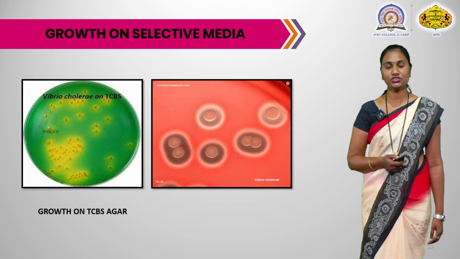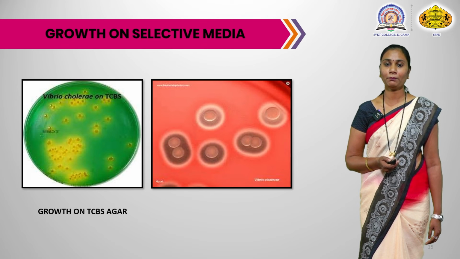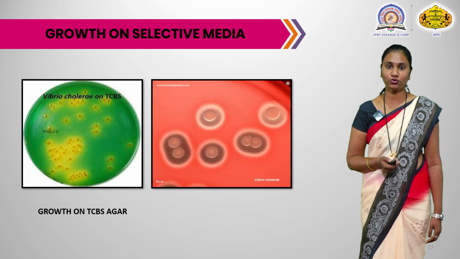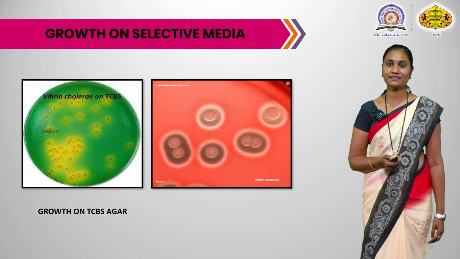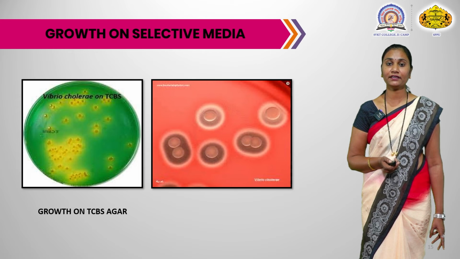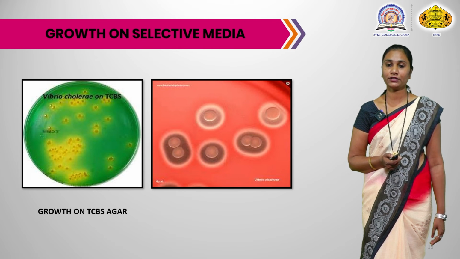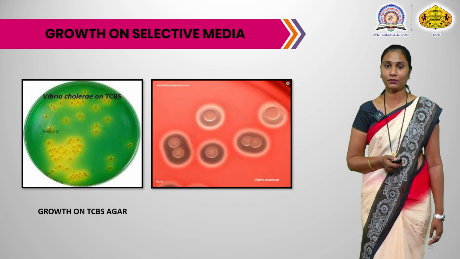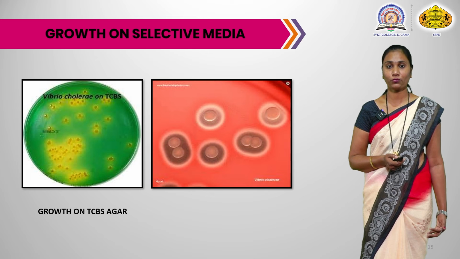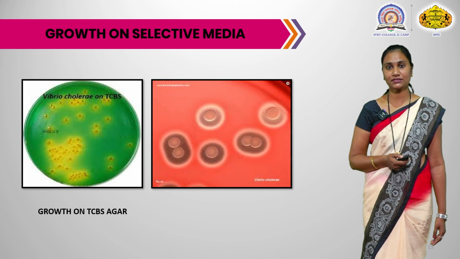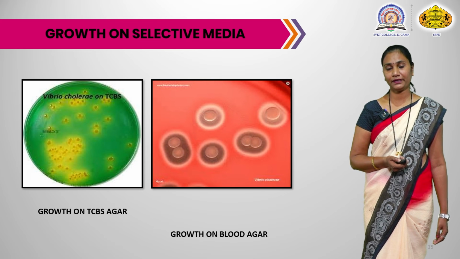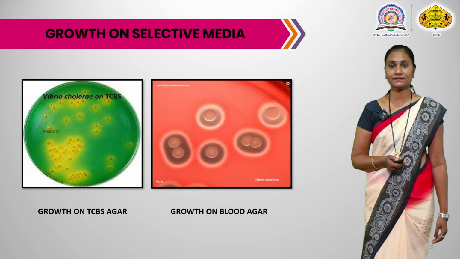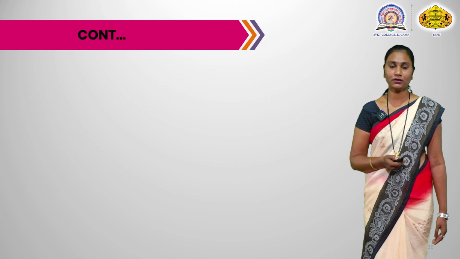Similarly, this next image is the image of Vibrio on blood agar. You can see there are two zones of hemolysis. The first one is the blue zone which is followed by a clear zone. So the blue zone is of your alpha hemolysis and the clear zone indicates the beta hemolysis. So there is a typical hemolysis which is carried out by this organism on blood agar. Even this plays an important role as far as diagnosis of this organism is concerned. So merely by looking at the plate, you are able to identify that the organism might belong to the Vibrios.